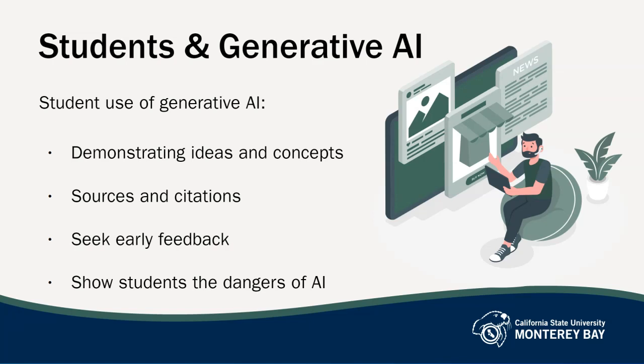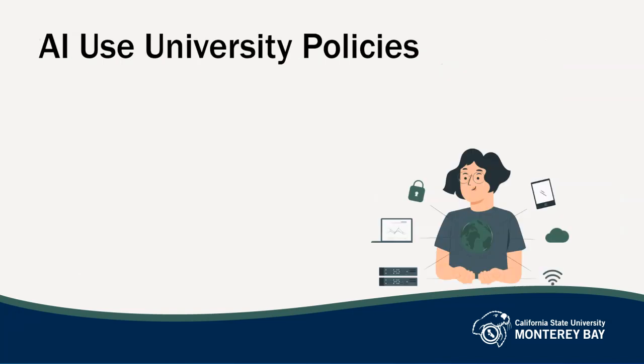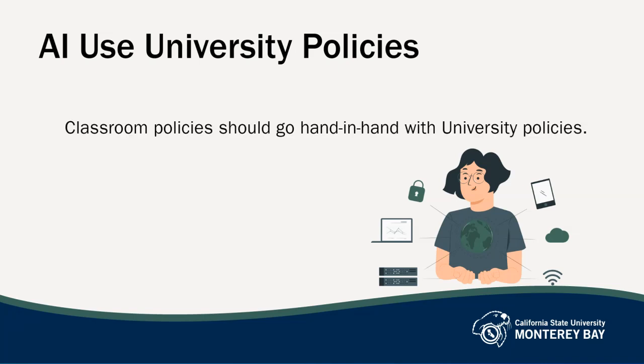And of course, another one of those dangers is the ease of committing plagiarism. So students must be alerted to the consequences of this and how to avoid plagiarism through a specific classroom AI policy. In this lesson, we're going to focus on AI use classroom policies as opposed to university-wide policies. However, any AI-specific classroom policy that you develop should generally be in line with any university policies that already exist. This will strengthen any classroom policy you enact, as there will be supporting infrastructure already in place.